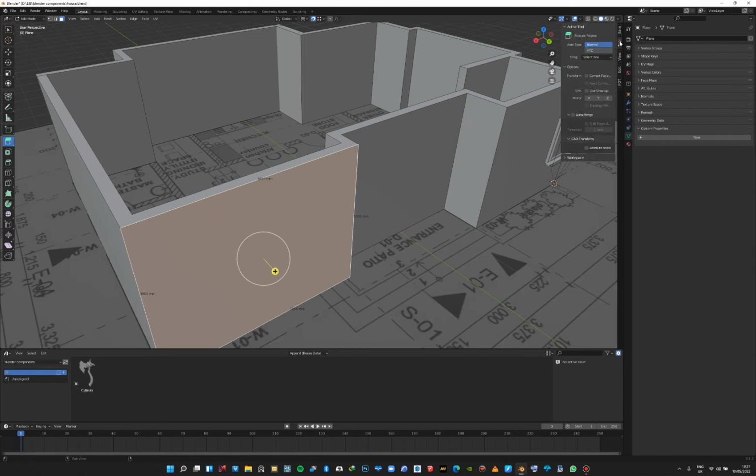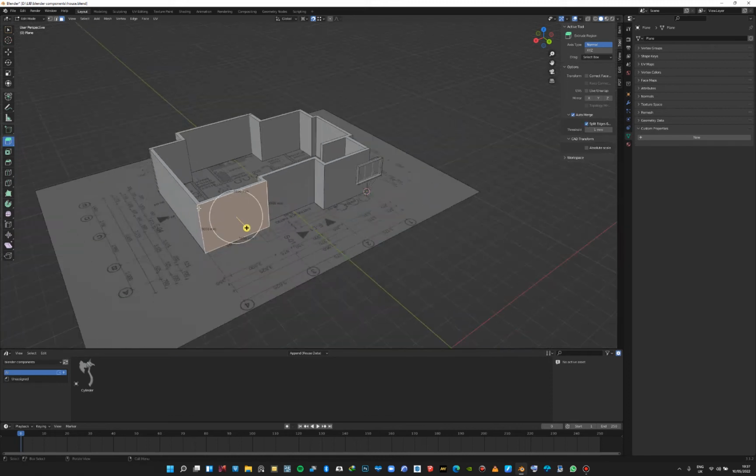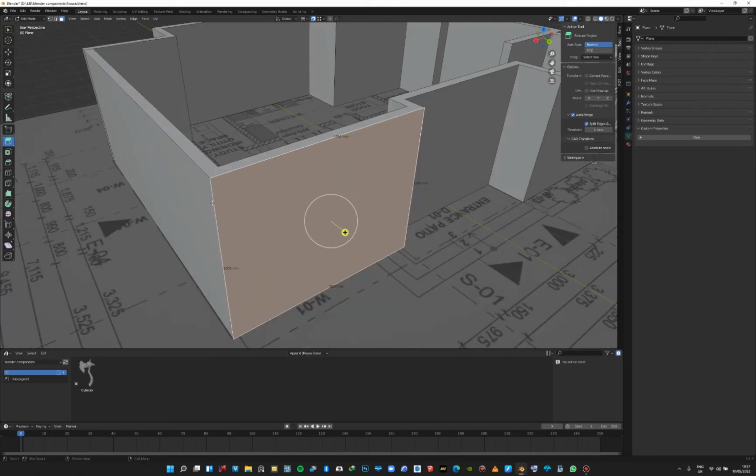Go to the tool menu and look for Auto Merge. Click on Auto Merge, and then you will see this other checkbox written Split Edges and Faces. Now once you check that one, you come to your face and select your edge, for example